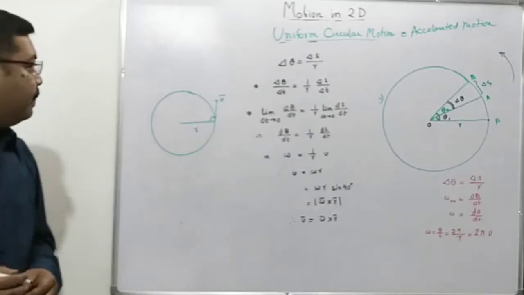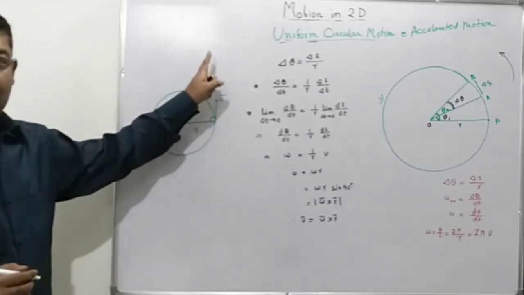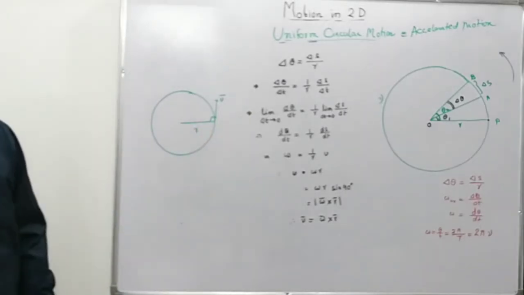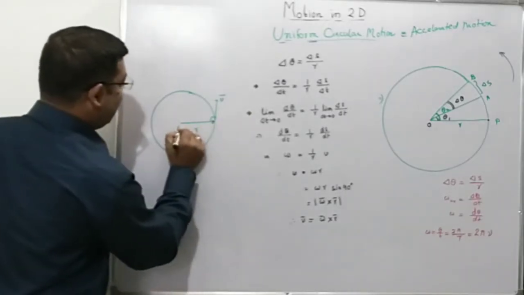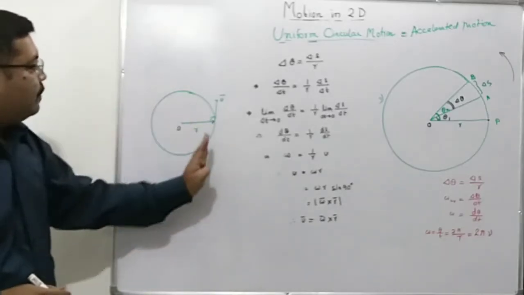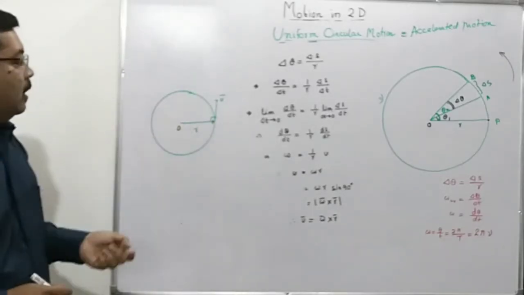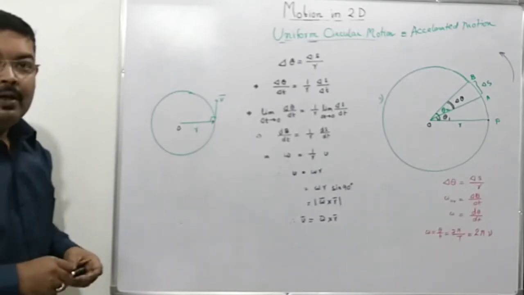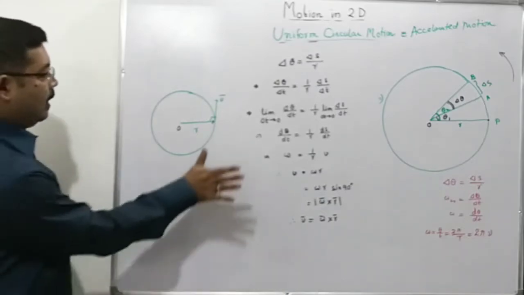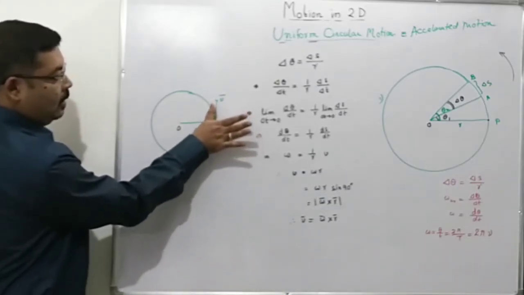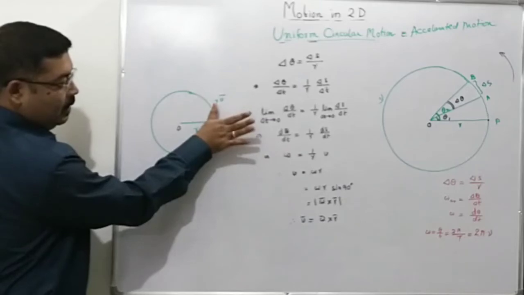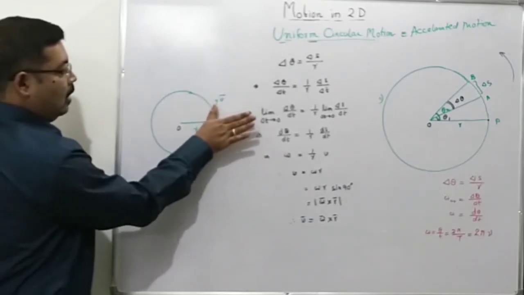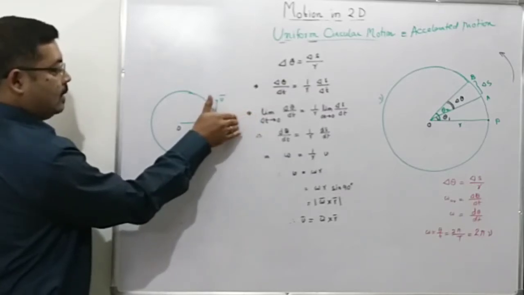If it is so, v is in this direction, right? R vector is in this direction, radially outwards from the center. R is along this, v is perpendicularly upwards. Then what should be the direction of omega? We know that omega cross r will give us v. If we apply the thumb rule, then this thumb should be here, right? So for omega cross r to be this, omega has to go like this.